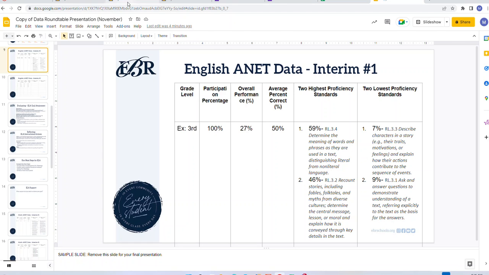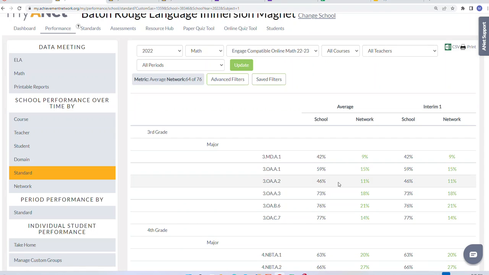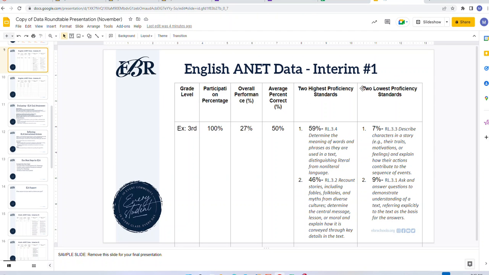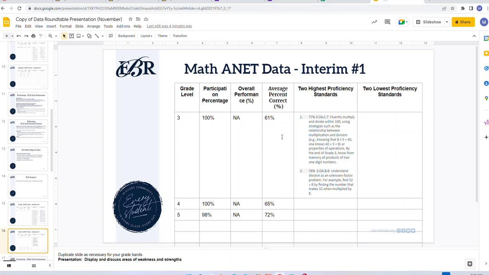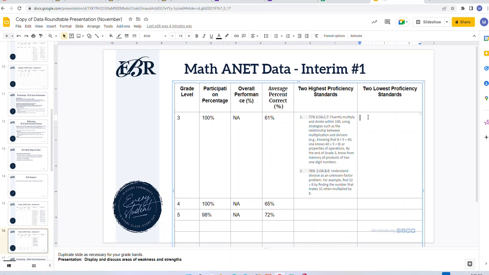So then we're going to go back here. So this 42 one, I'm using this one because it's the same as the interim one. But when we get to interim two, you have to make sure you use interim two. So 42 is going to be number one, and then 46 is going to be number two. All right. Okay. So now I'm going to go back to math, and I've got to fill this out. All right. So number one,